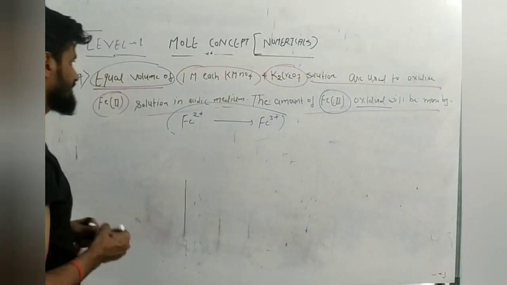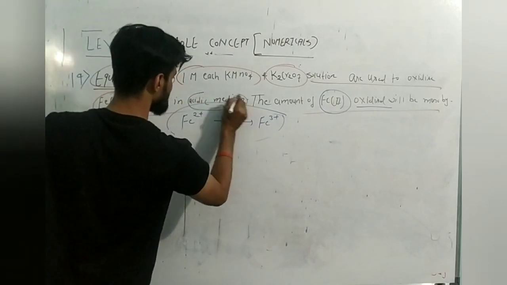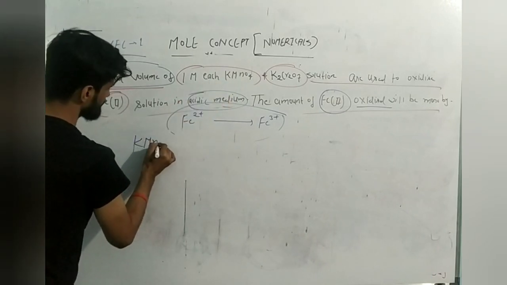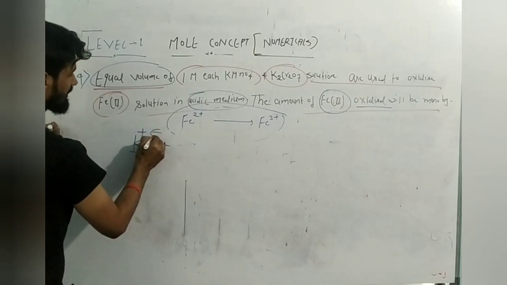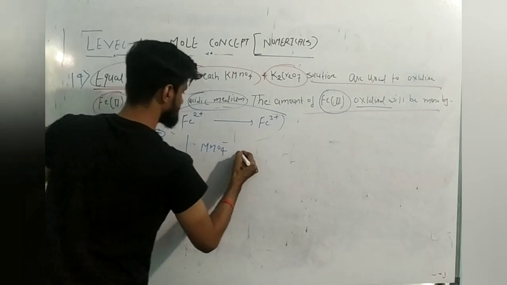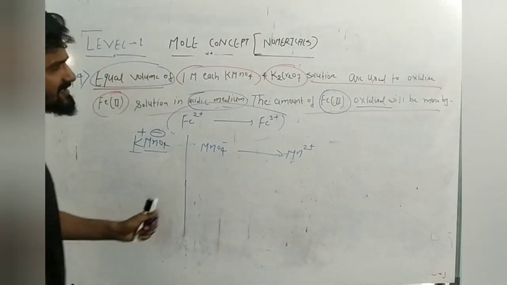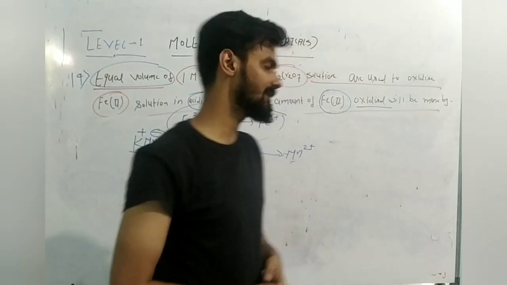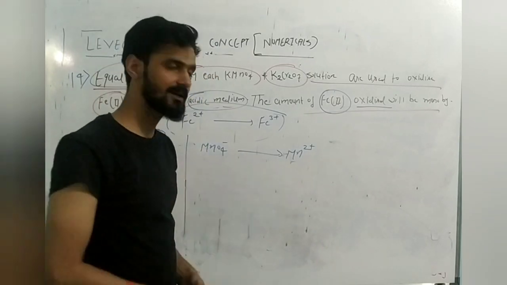Now there are two types of solutions given, and one thing that is mentioned in the numerical is acidic medium. If you see KMnO4, you break it into K+ and MnO4-. In acidic medium, MnO4- is getting converted into Mn2+. I think whenever the concept was discussed in the class, you all understood. The teacher has written in the notes that MnO4- will be getting converted to Mn2+ in acidic medium.